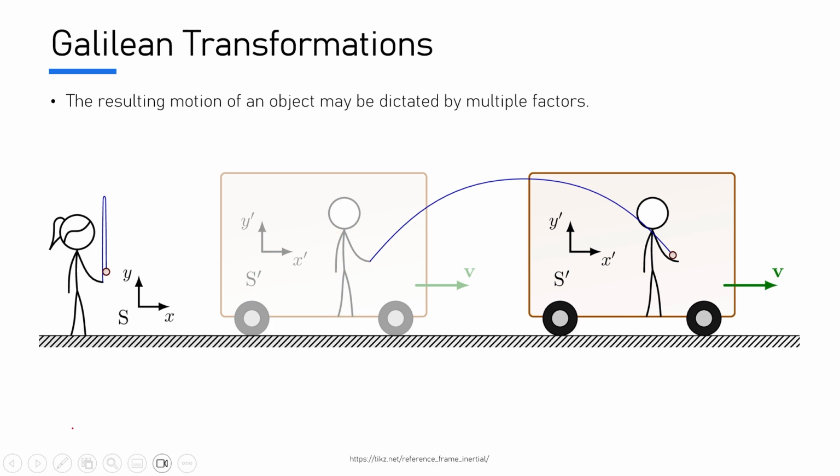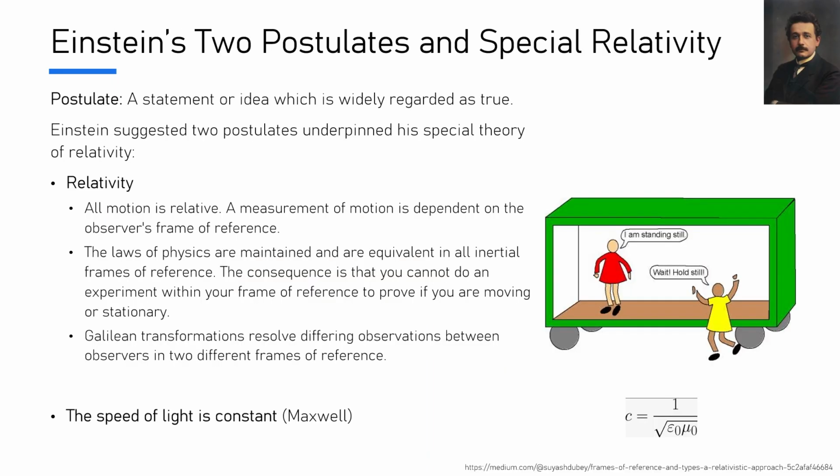However, for an external observer, let's say we are standing outside and able to see inside the box, maybe we've got X-ray vision or something like that, what we would observe in this situation is the ball not just traveling up and down, but also in the x-axis. Essentially, what we would see here is a projectile reflective of what we looked at in Module 5. This again is reflective of a Galilean transformation in which components of motion in the x and y axis are resolved.